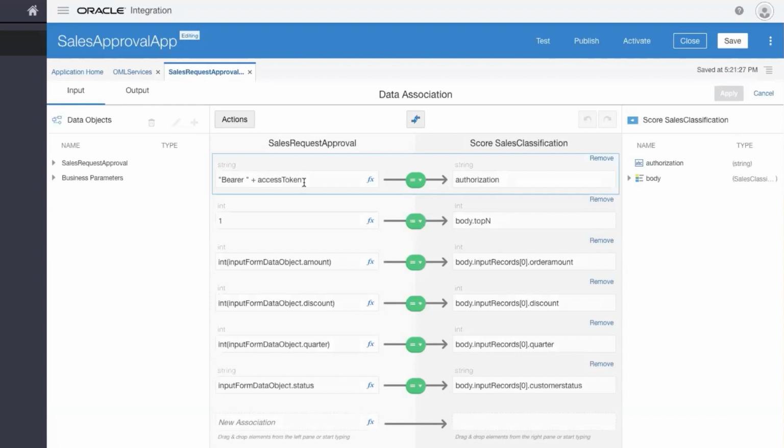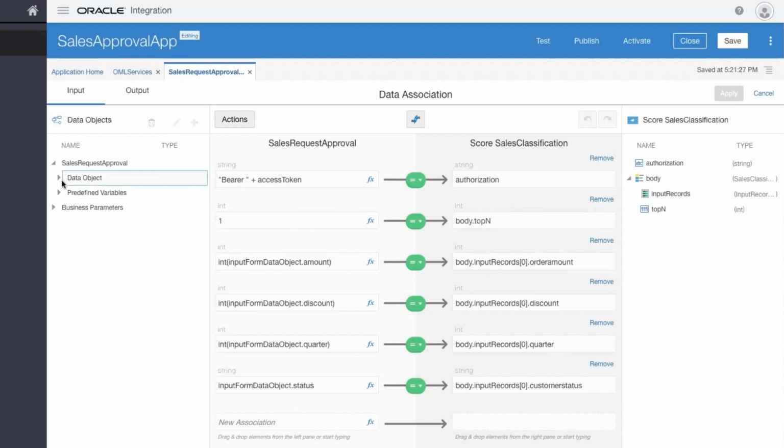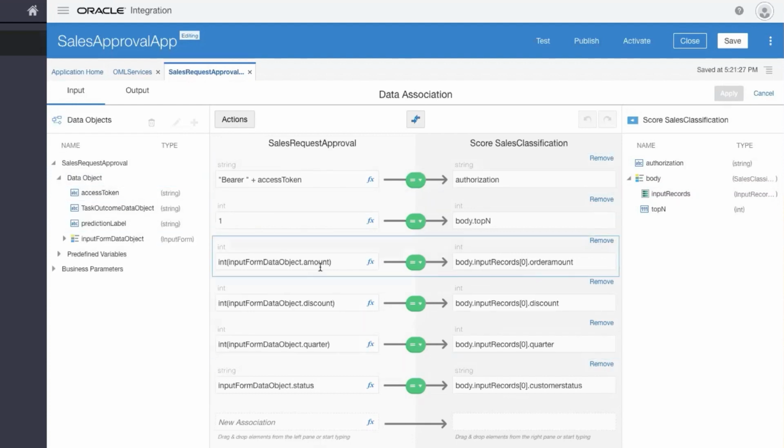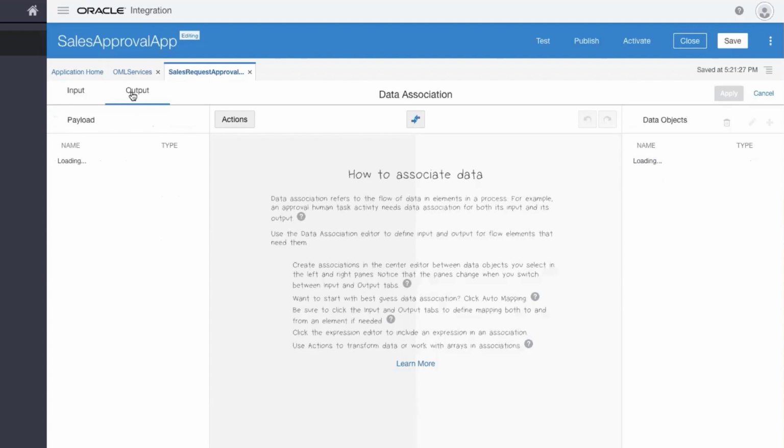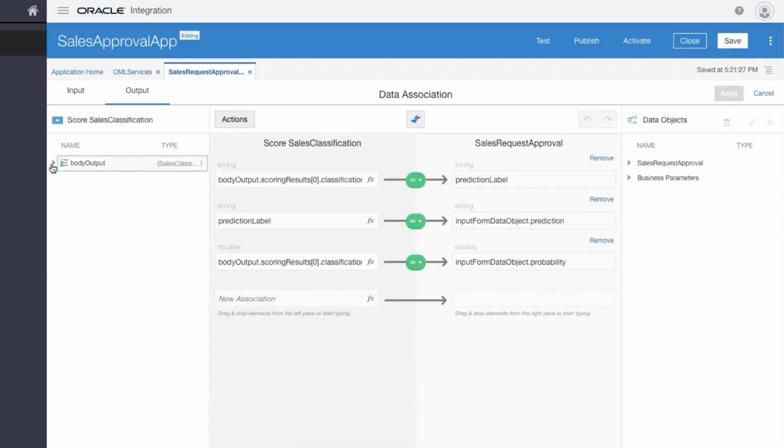From the OML service, we can introspect the contract for the machine learning model. On the input side, you see the input records, and on this side, you can map the data objects from the form to the input